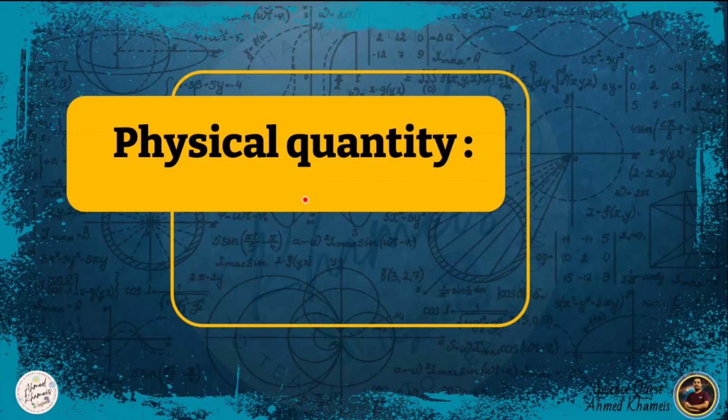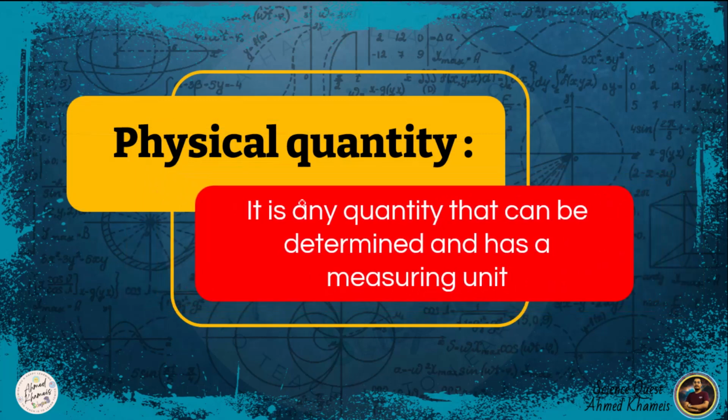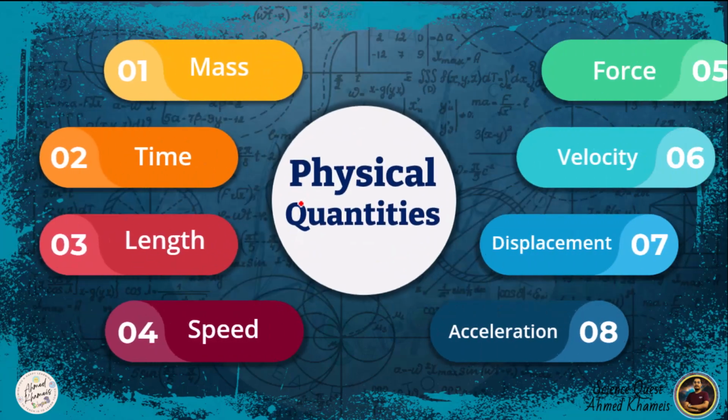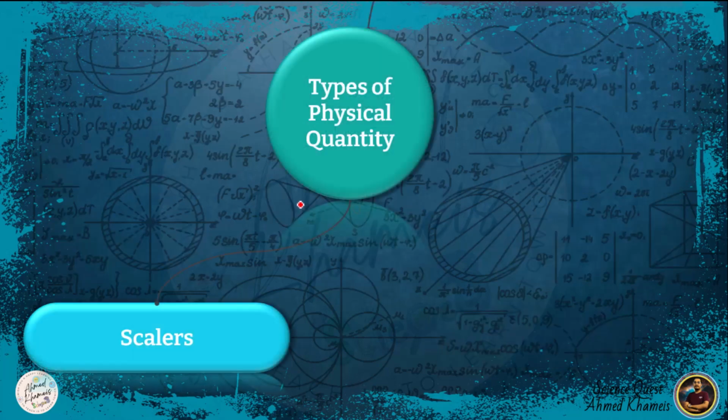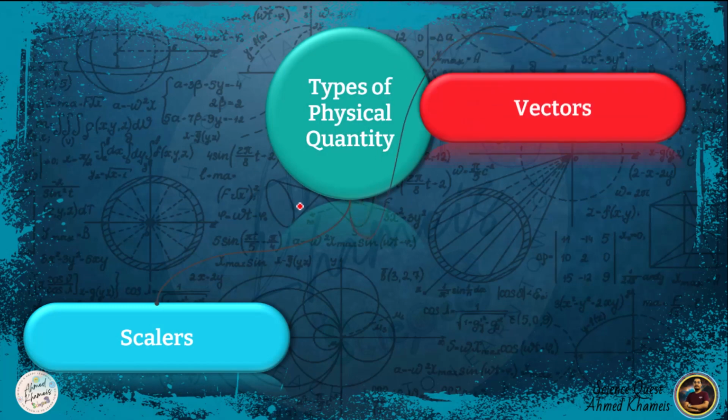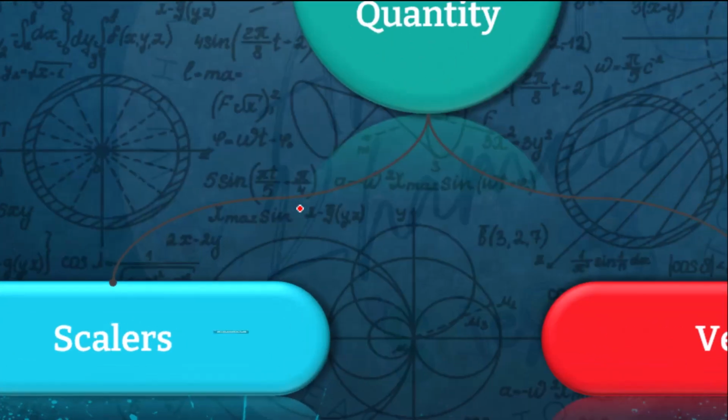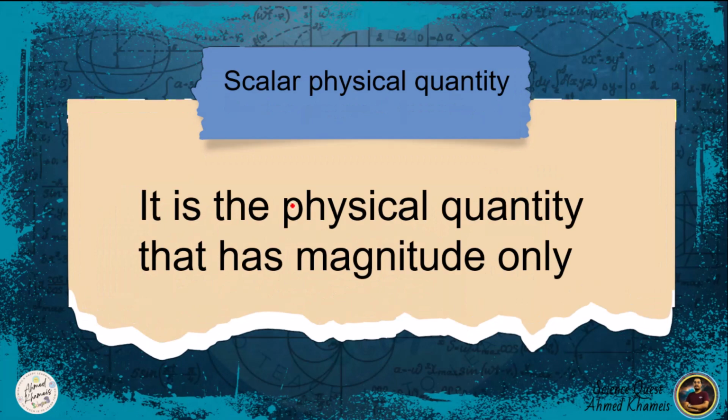So, what are physical quantities? It's any quantity that can be determined and has a measuring unit, such as mass, force, time, velocity, length, displacement, speed, and acceleration. And as we mentioned, we have two types of physical quantities, scalars and vectors. A scalar is a physical quantity that only has magnitude,